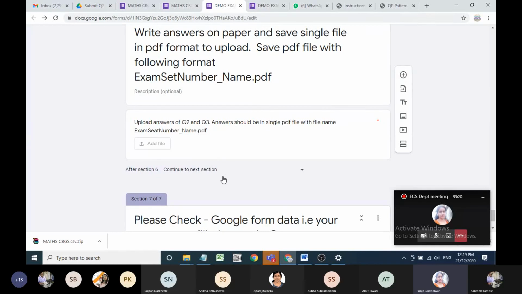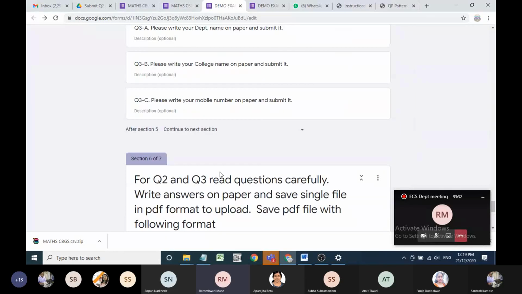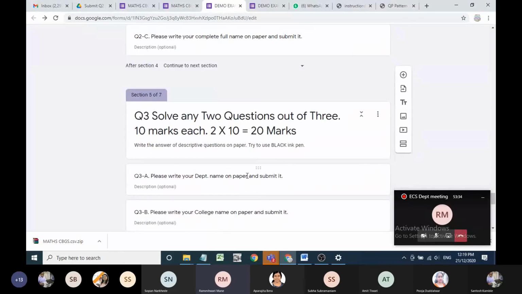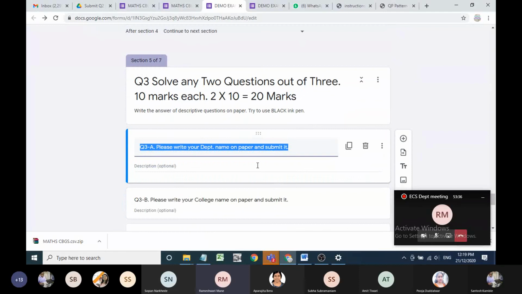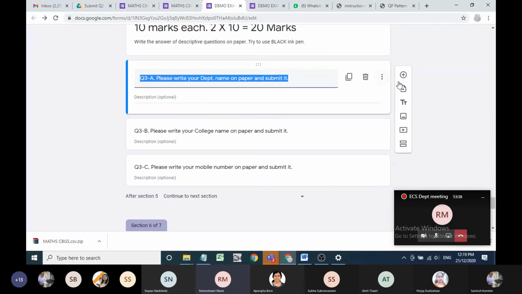Sir, one more question. If in question number 2 and 3 there are images in the paper, how do we create a question for that in the Google form? If there is an image in your question, you have to select add question only.